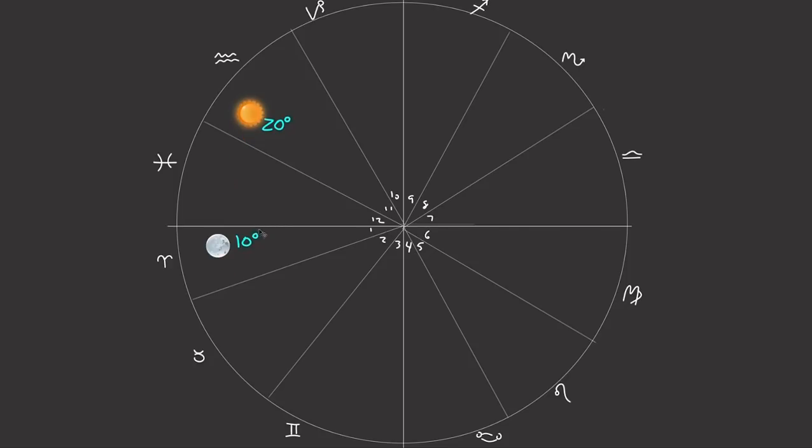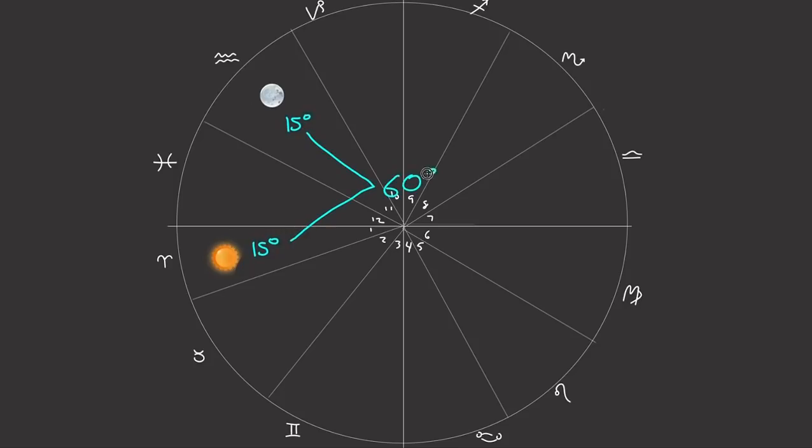So if we do this the opposite way, for example, now the moon is going to be moving faster, so it eventually will catch up. The point at which it catches up is an exact angle or an exact aspect. So now let's say we have an exact aspect between these two of 60